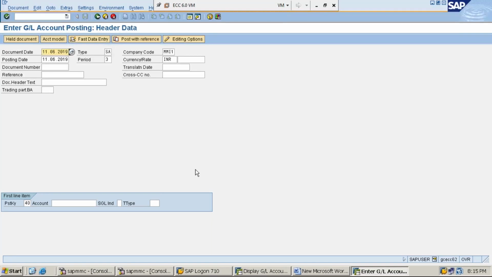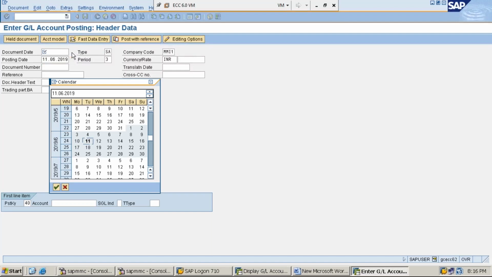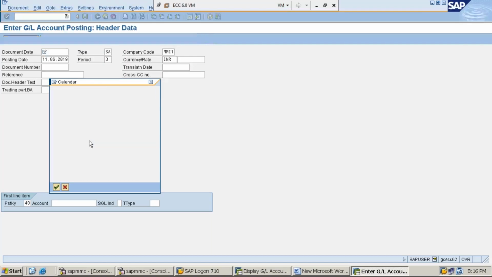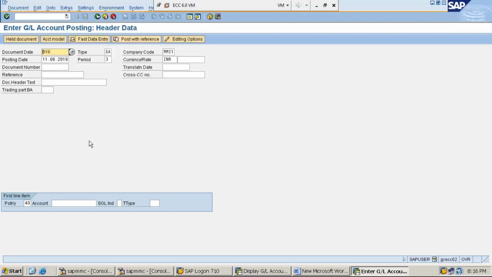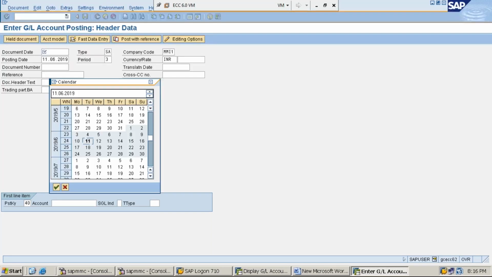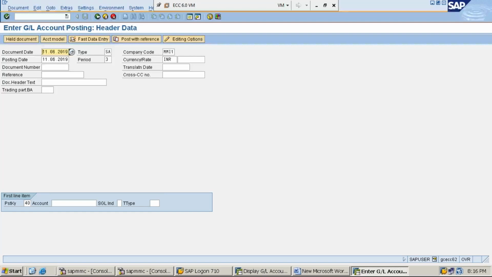There are three options. First, you can manually enter the date like this using your keyboard, 2019. The second option is with the mouse: click on this drop down button and double click on the date. The third option is press F4 on your keyboard and press F2. As soon as you press F2, the system will pick up the date. Then